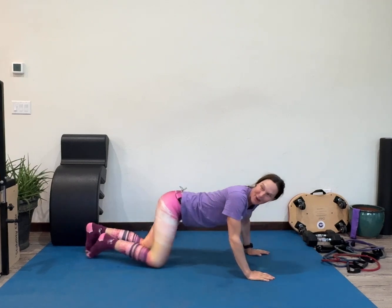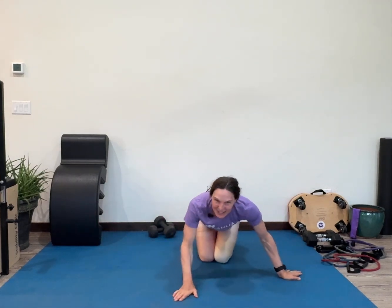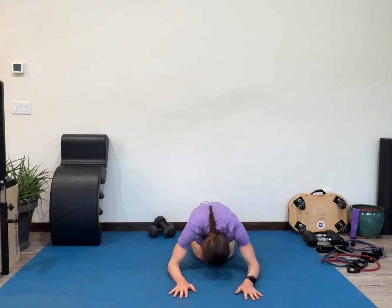Press back. Hello, good morning. Press back, child's pose. And we're going to do one functional squat. So the backup plan or modification would be happy baby. But if you can even just go right here, a functional squat. You got it. So a few functional tasks. 5, 4, 3, 2,